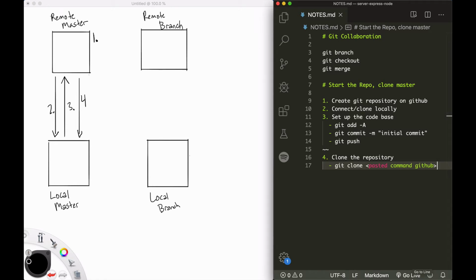What you're going to need to do instead is make a branch. So step 5, create a feature branch. When we talk about branches, we should talk about this per feature. So let's say person A is going to set up the server. They're going to make a branch called server setup. If someone's working and starting on the front end, the initial routing or something like that, they'll make a branch